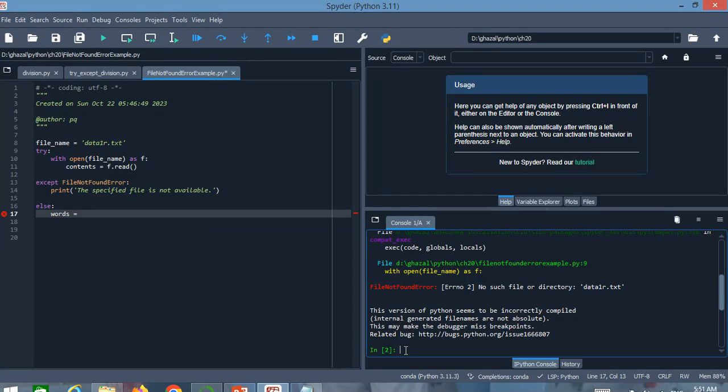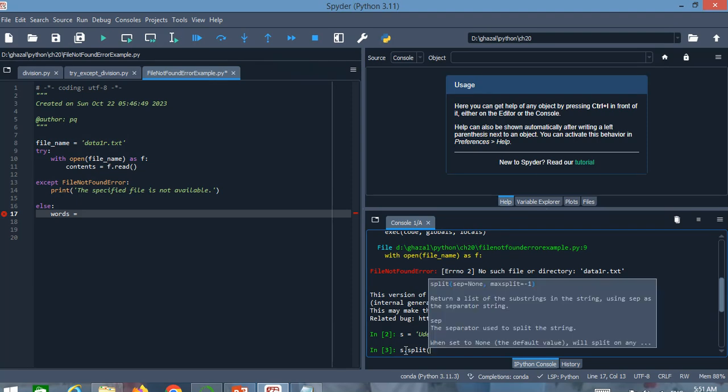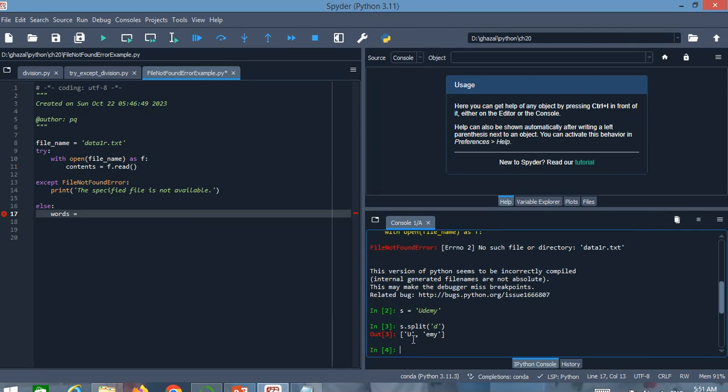We have already talked about split. For example, consider the S which is containing Udemy. Then we want to apply this split built-in function on it, and we can see that the output is the right part of this D in this S